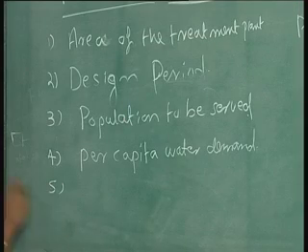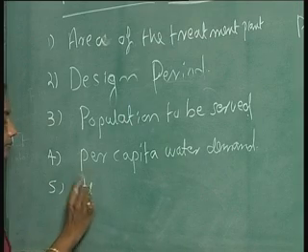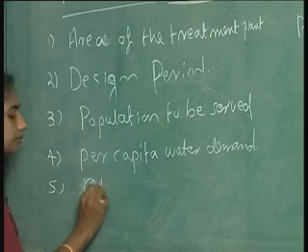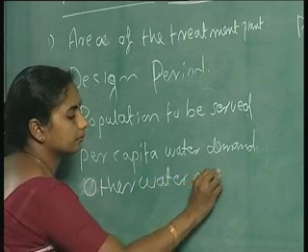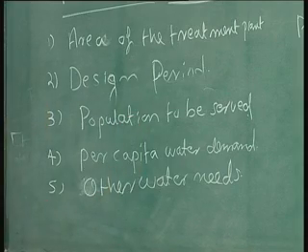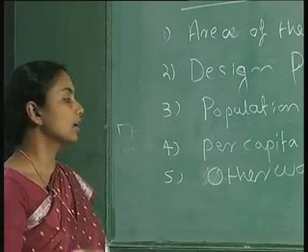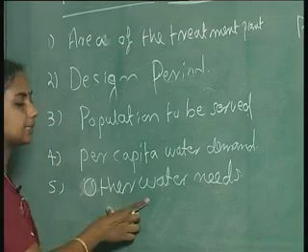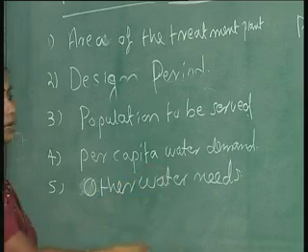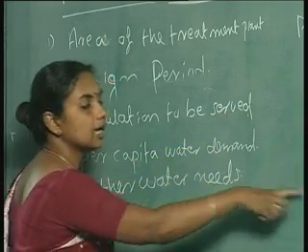And the other point is other water needs in the community. Apart from the domestic water need, there are various other water needs in a community. So, we should have a clear picture about other water needs, then only we can calculate the quantity of water